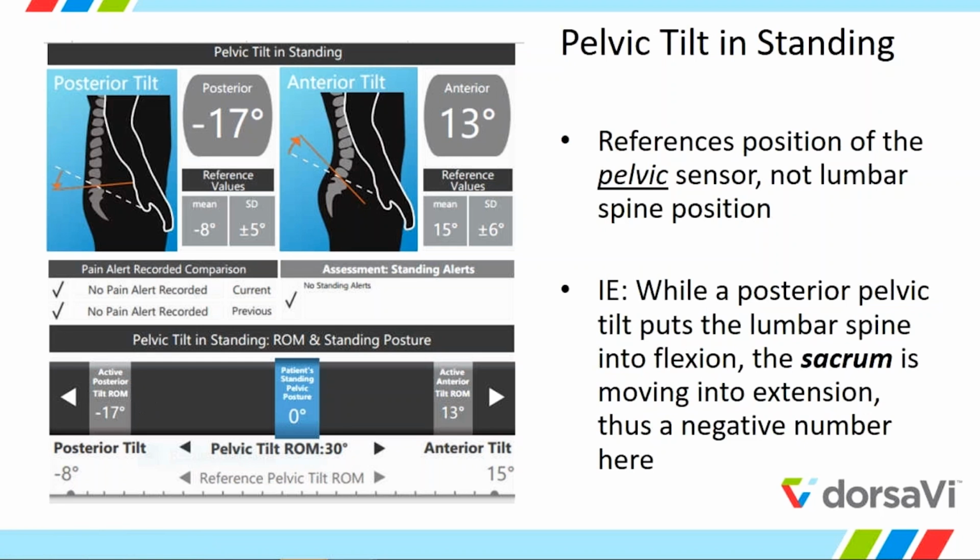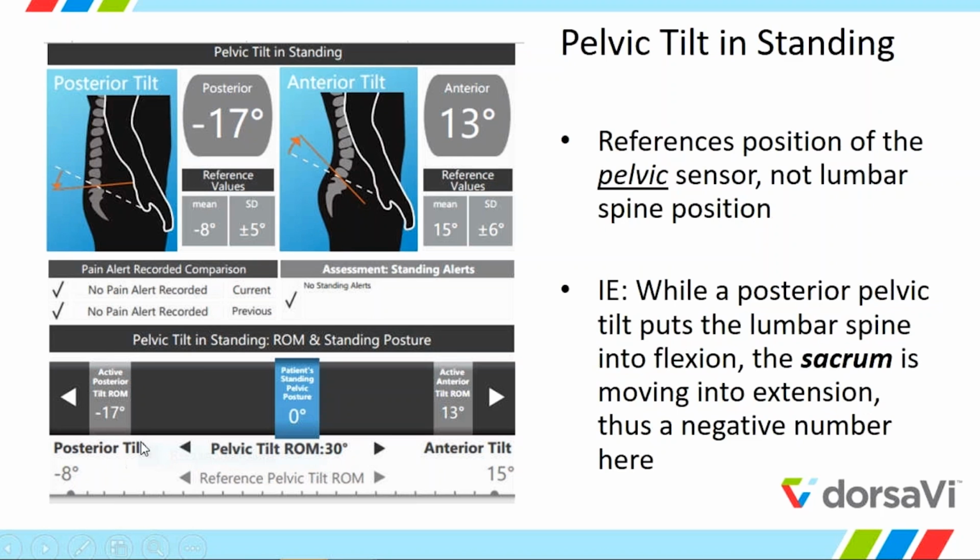Similarly, you might have a gymnast whose blue bar here is way over close to their end range anterior tilt, or not even a gymnast, just somebody with a lot of lumbar lordosis, and then you know that they're hanging out at the end range of those structures in the anterior position, and that's going to give you some good information off of which to make some clinical decisions about how you're going to intervene,